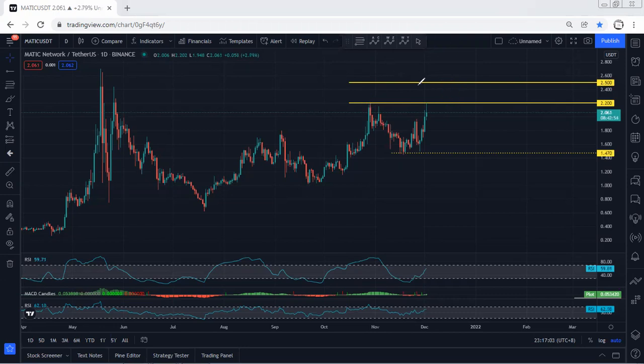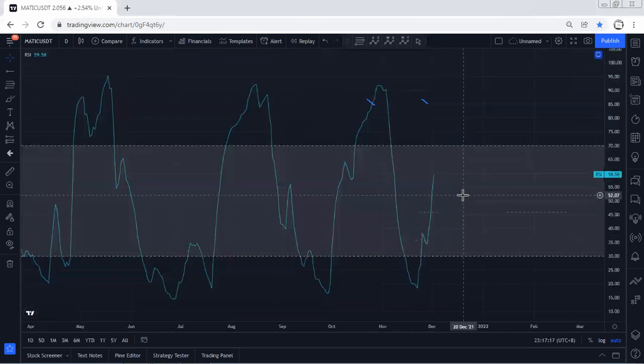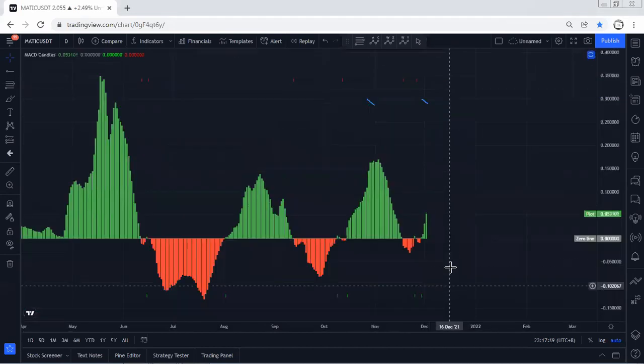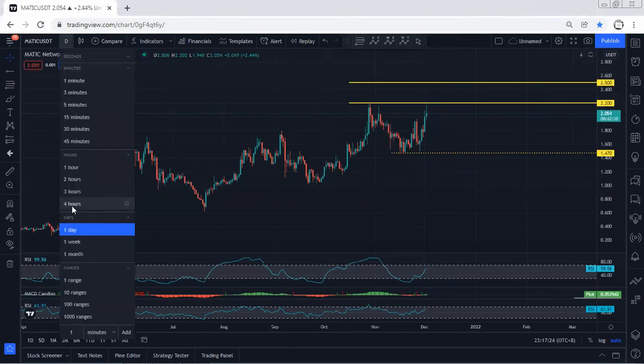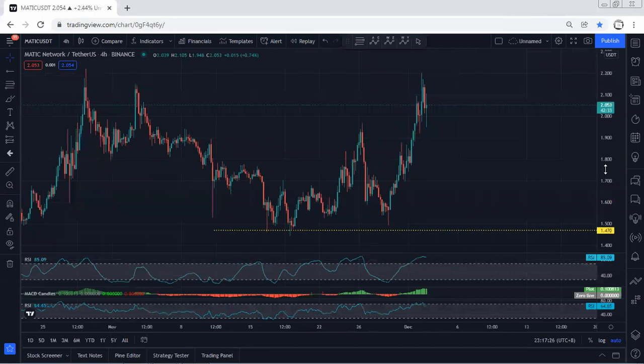important for us. And if the price tags this point, we cannot refer to the indicators for the divergence because based on daily, the price couldn't break the previous top. But if the price continues with the breakout, mostly we will expect to see the divergence. All right. Anyway, at this point, we are not going to refer to the divergence since the price couldn't break the previous top. And even if we move to daily chart, we don't have any trade setup to look for